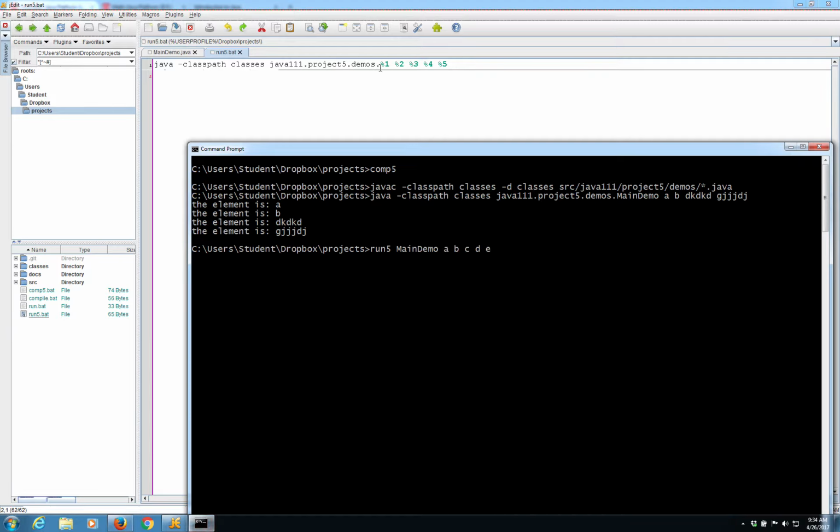I have one variable for the name of the class that I'm running, and then I can add in 1, 2, 3, 4 additional things. So A, B, C, D, E, I've got 5 things. That E is not going to get passed through, just the 4 items.